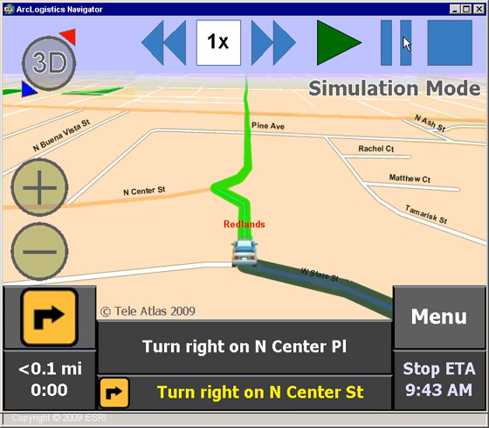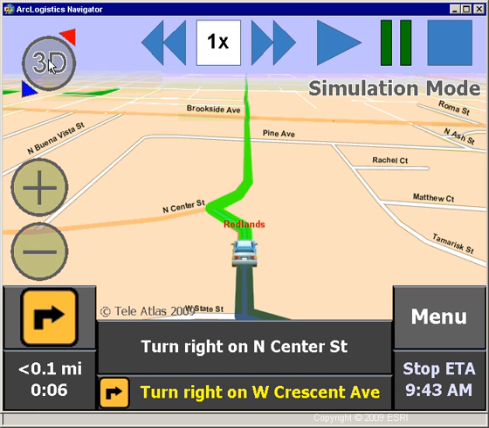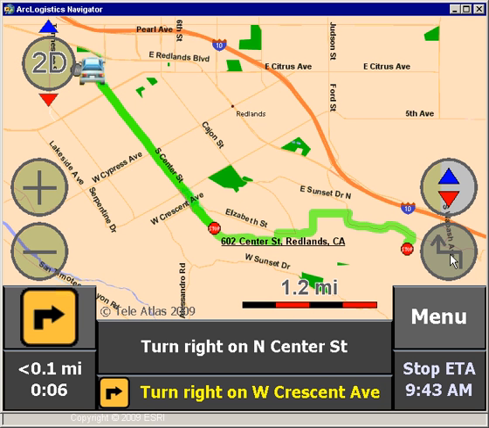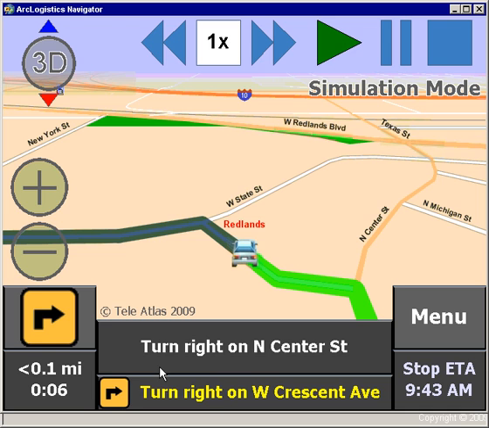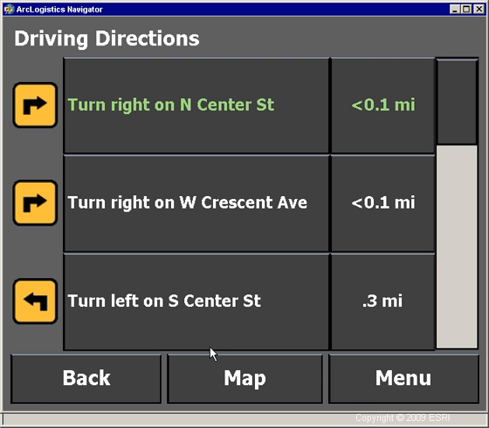that we have. First of all, I can look at this in the 3D mode that you see here, or a 2D mode, which is more of an aerial type view. We can also look at a driver's entire route for the day. So if he has multiple stops, he can look at his entire route and see where it is that he's going. We also have just a simple turn directions view,